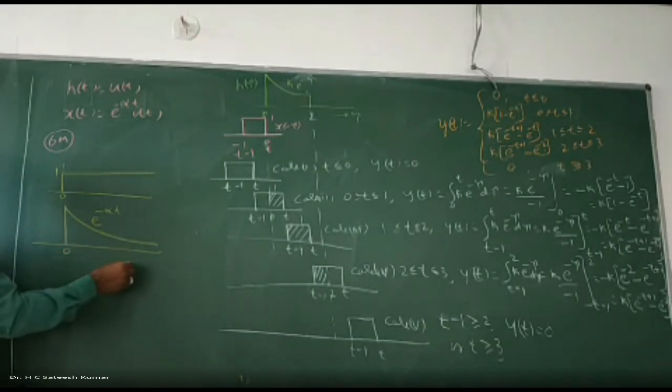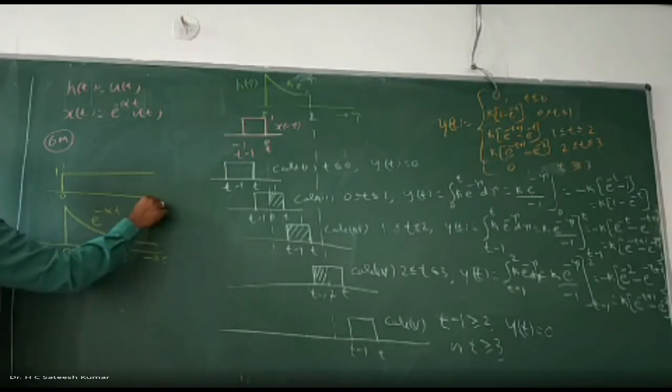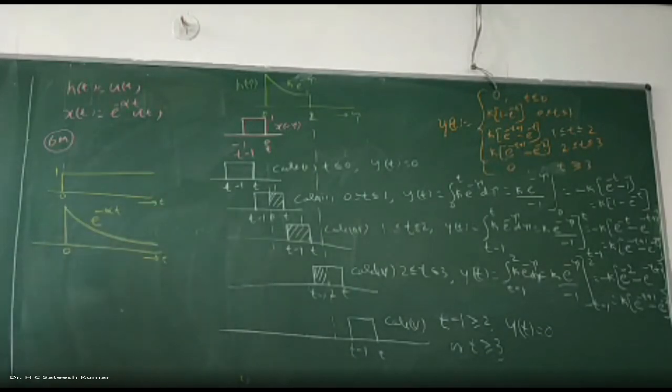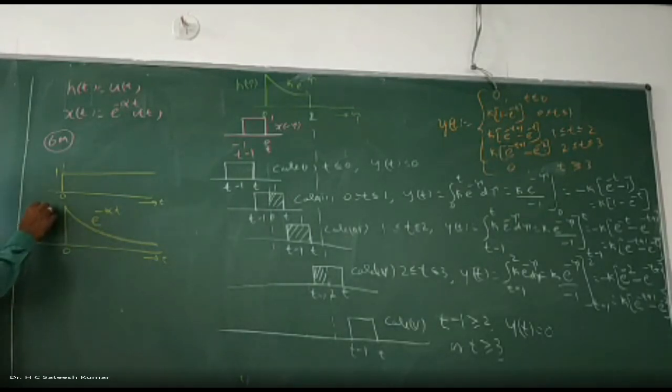This is ranging from 0 to infinity. This is also t. Both of them are infinite. Therefore, we get only two cases. Okay, right? Which one do you want to shift? This is your x of t, this is your h of t. So better to shift the constant one rather than the infinite, time dependent one. Therefore, I want to shift the first one.